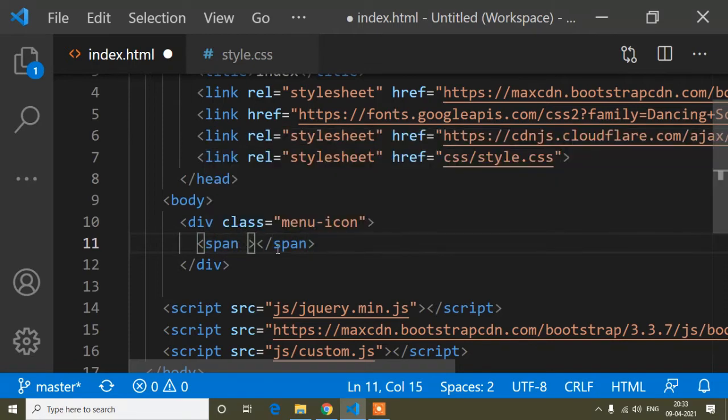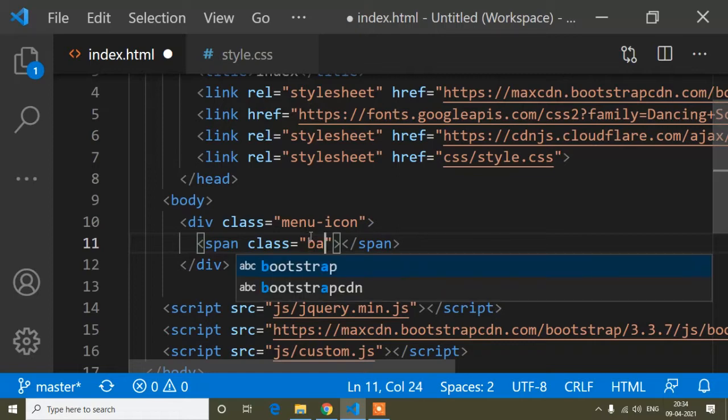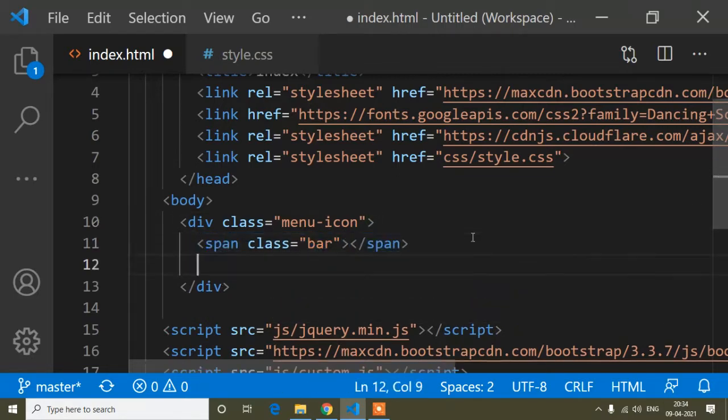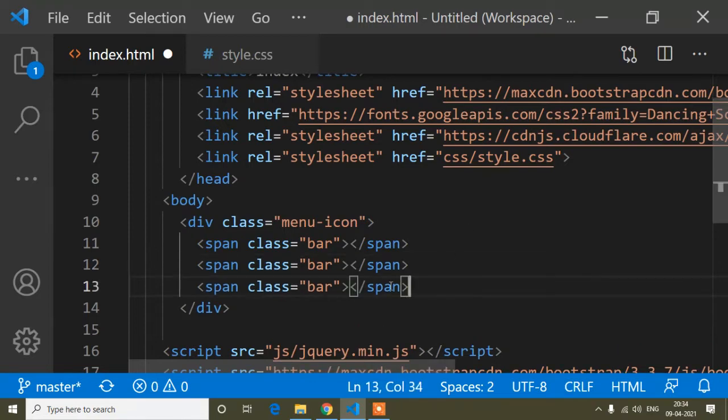You can write a class, or you can use this menu-icon class name and then span. You can do it this way, but here I will use a class. The class is bar, but you can use any name for this class, and now I will copy it 3 times for the 3 menu lines.